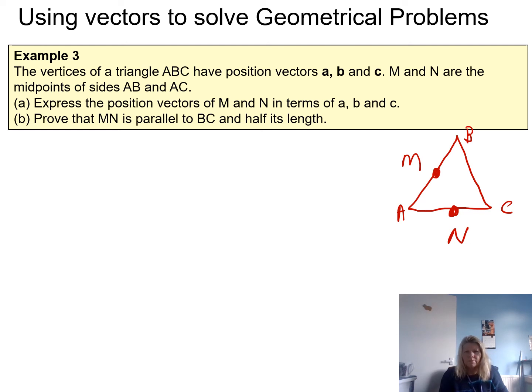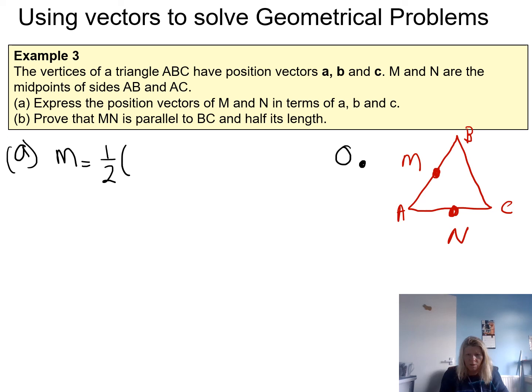Right. So A. Express the position vectors of M and N in terms of A, B, C. All right. Well, M equals a half of, so if you put your origin on here,